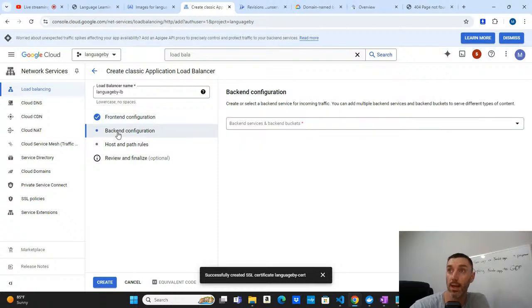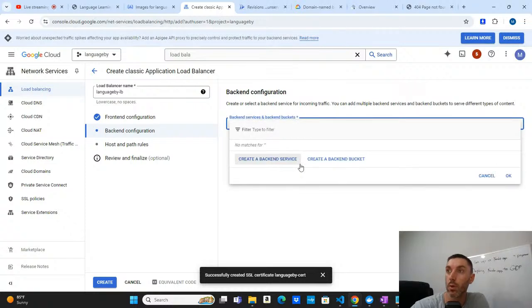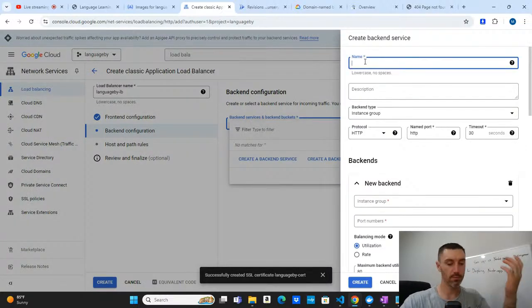I'll configure the back end. The back end service could be a Cloud Run service or a storage bucket if we were using a static website. Here we're using a Cloud Run Node.js container. So I'm going to create a backend service. I always name these entities app name,